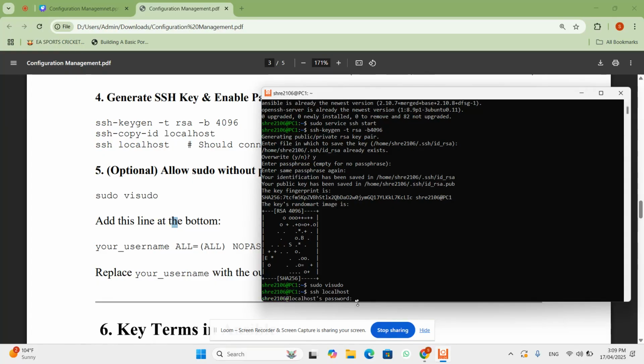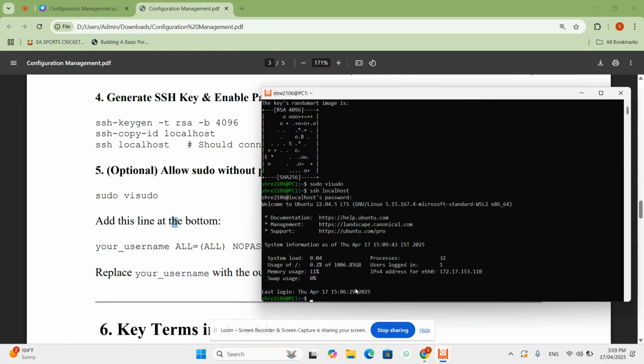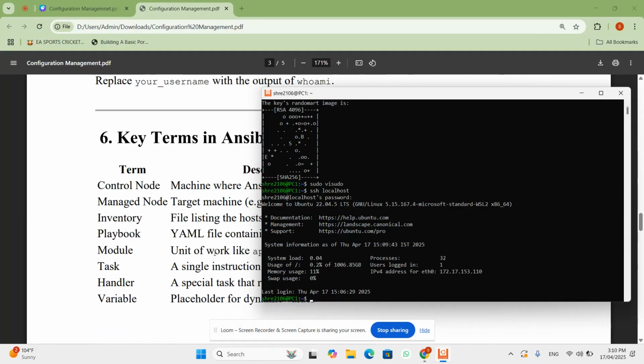It is asking for password. For the first time it will ask for a password. So as you can see, I have entered the password and it is logged in. Now for the next few instances you will be logged in, it will not ask you for a password. Now in the next few commands,